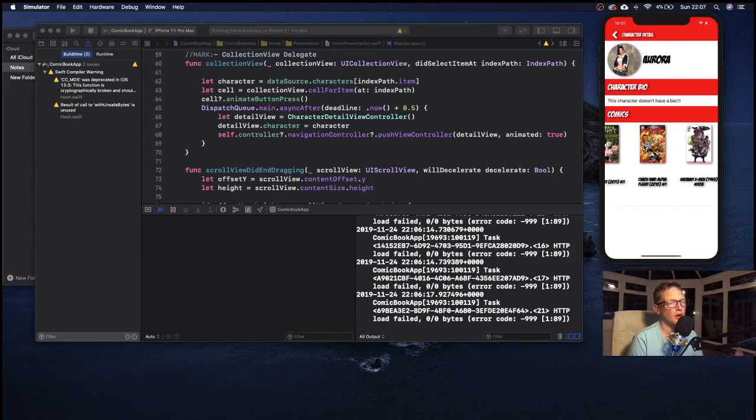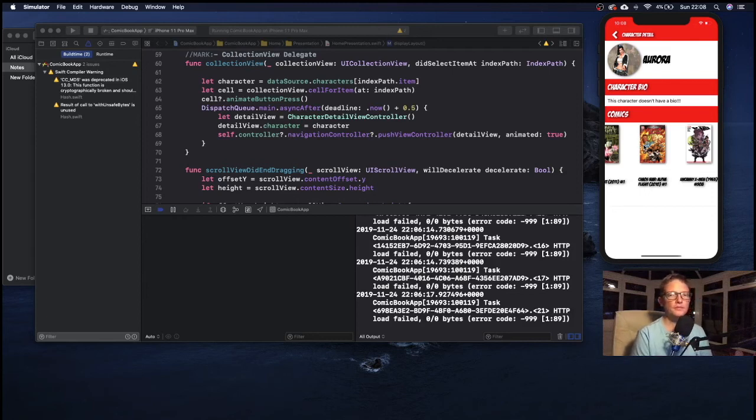I'm undecided. It may be Breaking Bad or it may be Star Wars. With the Star Wars stuff coming up next month, the new movie coming out, I am slightly swinging towards that. So we may build a social media type app around Star Wars, but we're going to be using